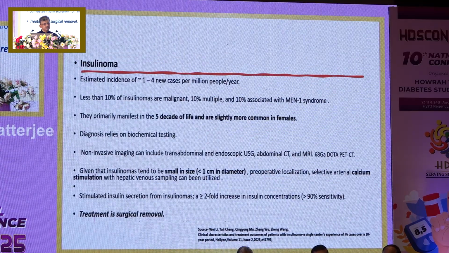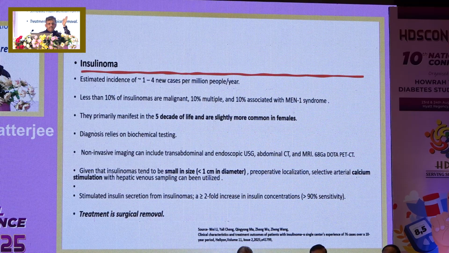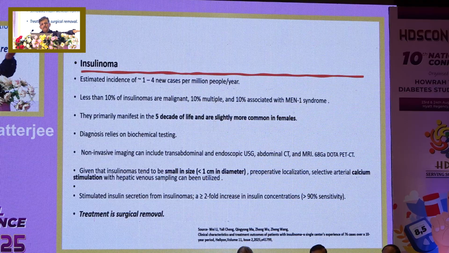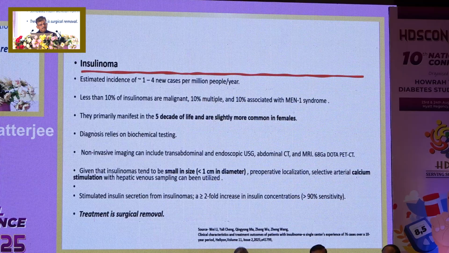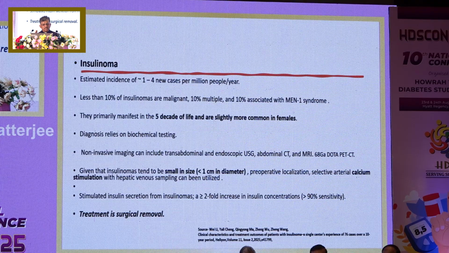Insulinoma is quite rare, 1 to 4 or 5 per million population per year. Again, it is Western data, it is quite uncommon. They have mainly two peaks, one in childhood, mostly due to genetics. I am not going into details. And in adults, they are mainly sporadic and can be part of MEN1 syndrome, around 10 to 30%. Again, this is Western data.